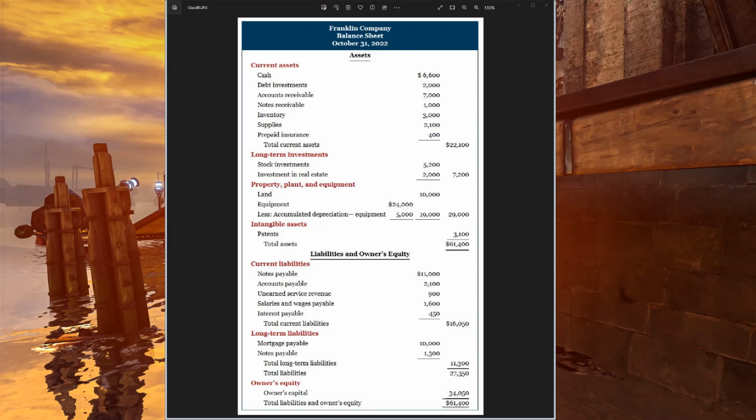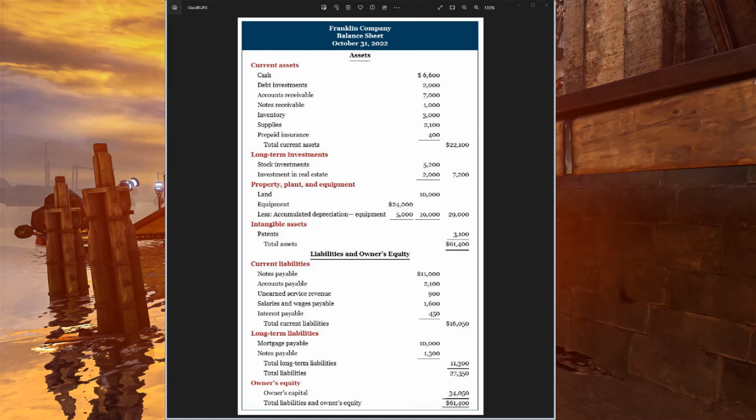So here, this is an example of a classified balance sheet which gives more information. The big difference that you'll see right away is that the assets are divided into current assets and long-term assets. And same with liabilities, current liabilities and long-term liabilities. So let's first take a look at the assets and look at a couple of the